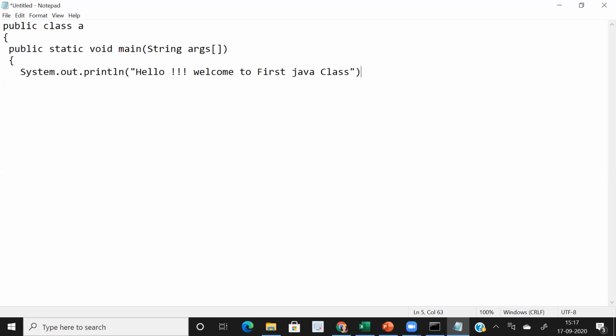Close the quotes, same bracket, semicolon, that is a delimiter basically. Semicolon is a delimiter. So now you have to close all the curly braces which you had opened.